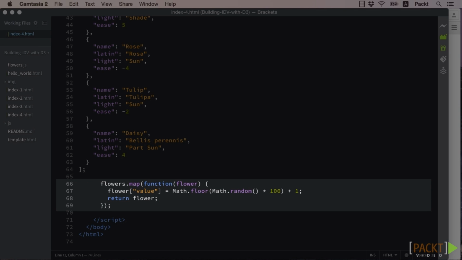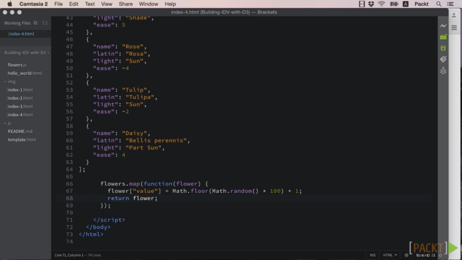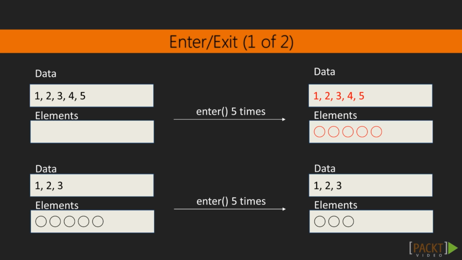We'll pass an anonymous function as an argument to our map function. We'll then assign a random integer between 1 and 100 to be our value key and return this new object. So now that we have the new array of data, let's add it to the canvas in the form of SVG rectangles. Before we write the code to perform this action though, let's think a bit about how D3's enter function